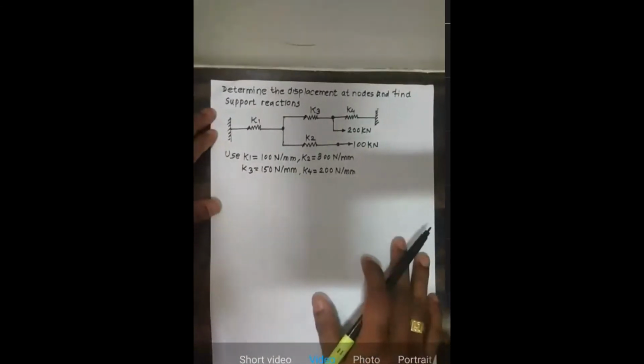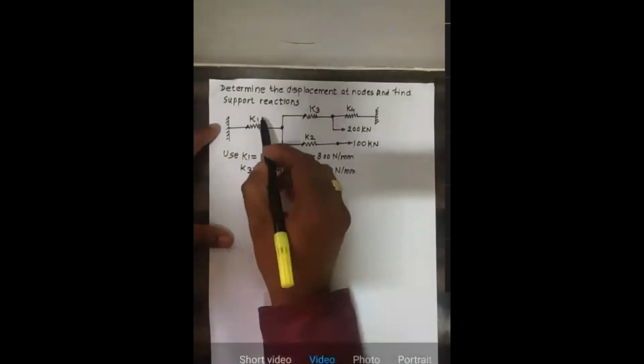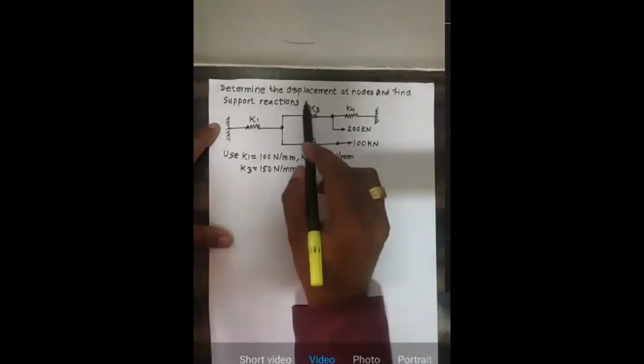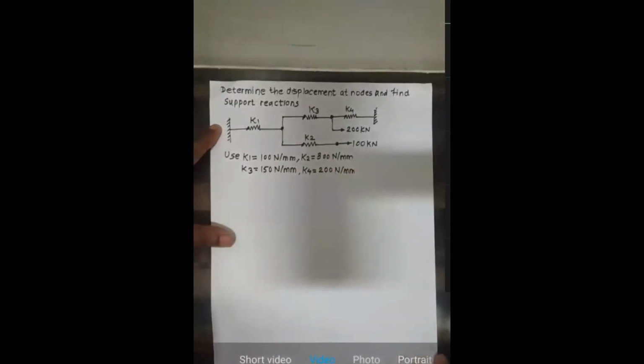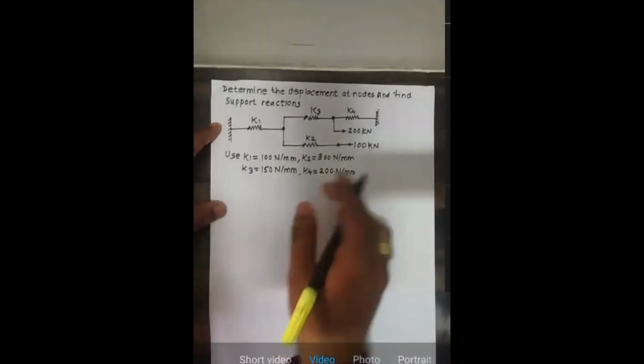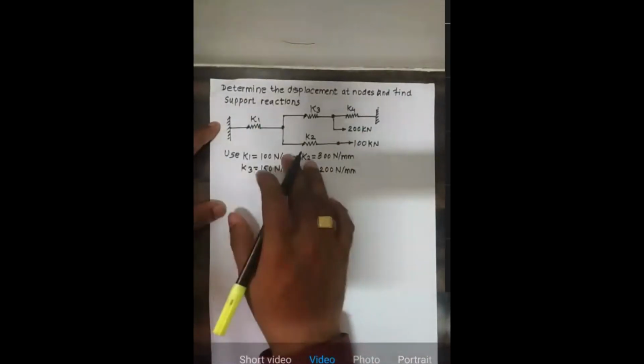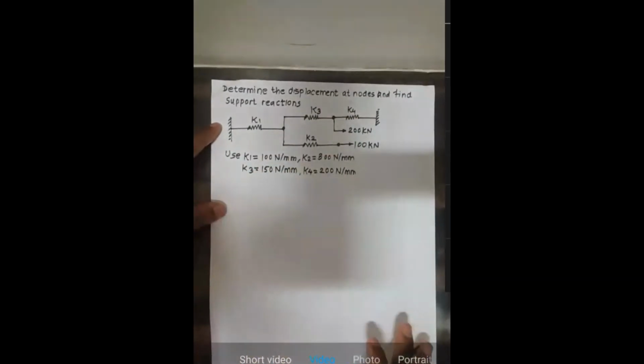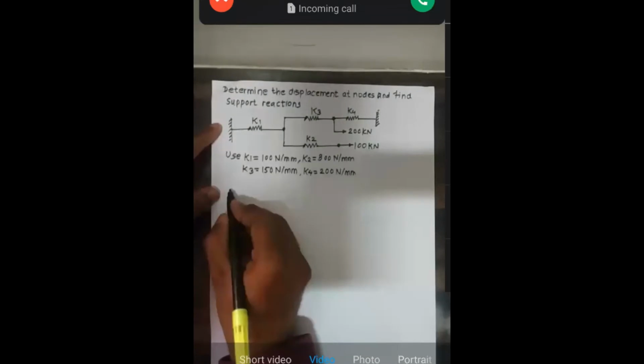So our very basic step is to discretize the system, right? What is the discretization? It is to divide the entire domain into a number of subdomains. So here, every spring is an element, right? So K1 is one element, K2 is another element, K3 is another element, K4 is another element, right? So if you see this problem, elements have been already formed because every spring is an element, right? So what I will do is